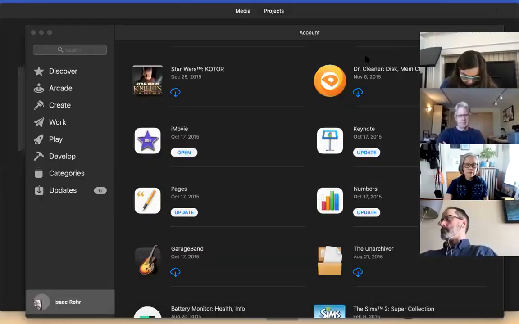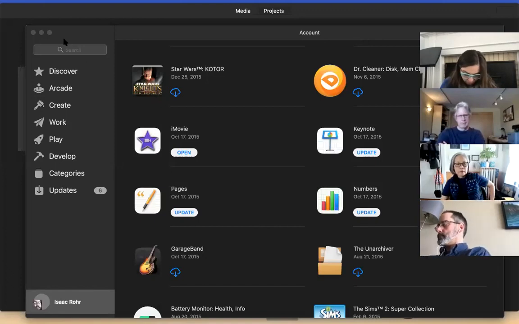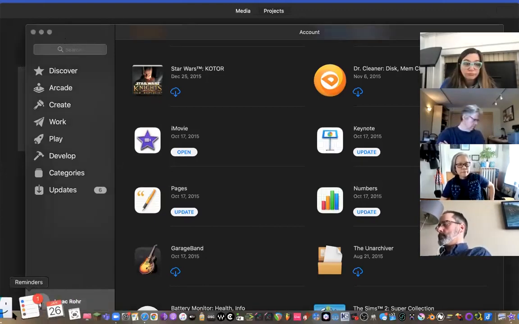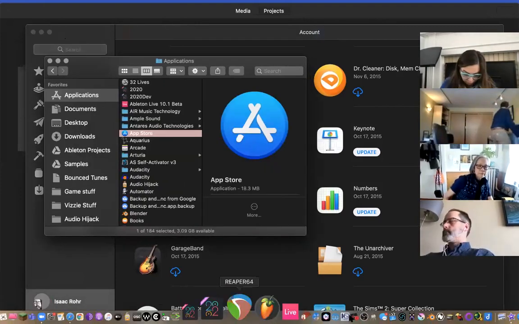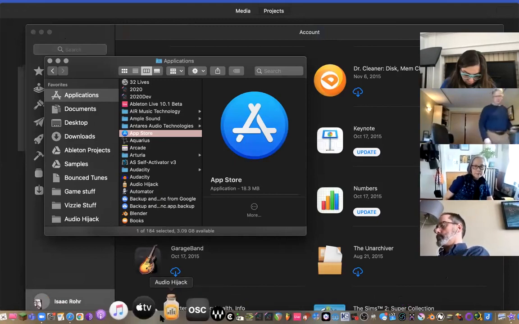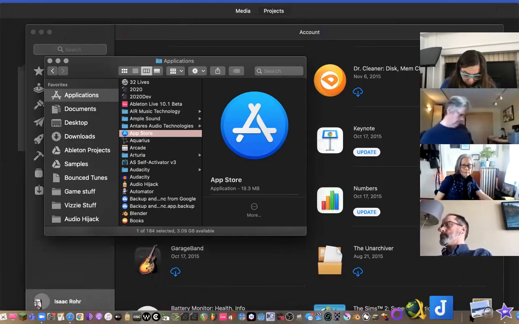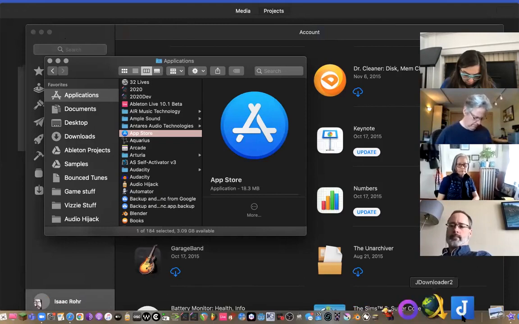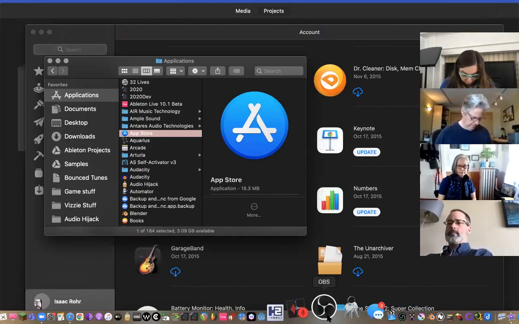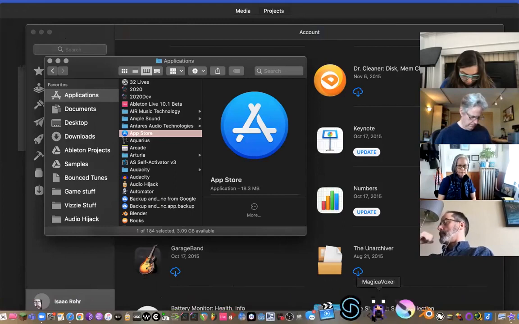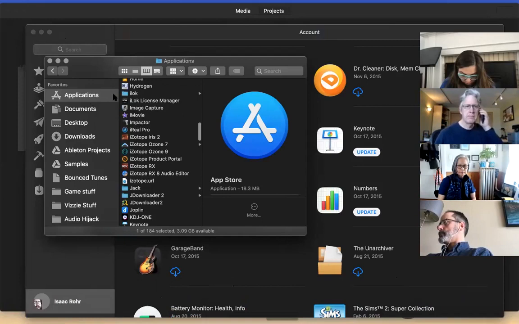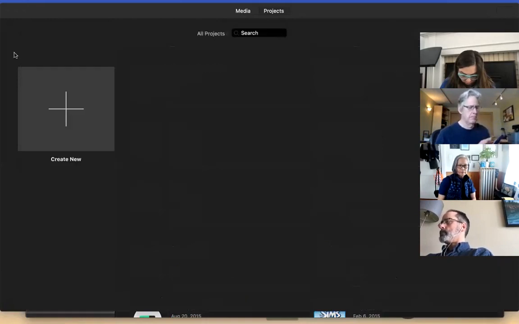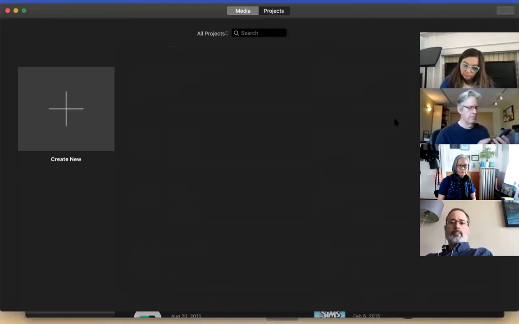So let me share my screen again, and then we'll talk about iMovie on the desktop. Once you download it, once again, it'll be in your applications, and your computer should also add it to this bottom row here. I don't have it down there because mine's already super cluttered. But it'll be in your applications, and you'll just double click it as usual and open it up. And when you open it up, you'll see this screen.